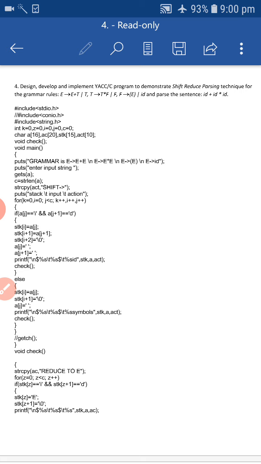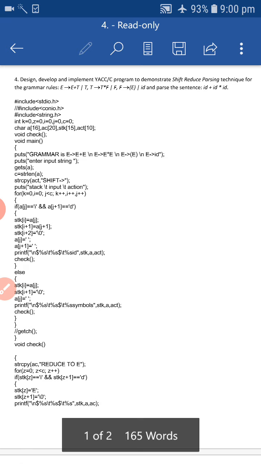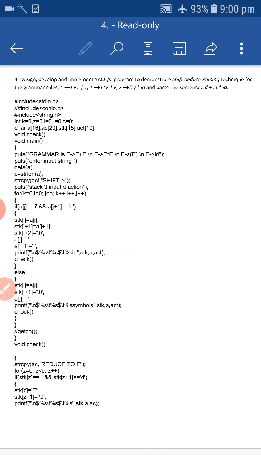The shift reduce parser attempts to construct a parse tree. This is similar to top-down parsing, which creates the parse tree. It constructs the tree from the leaves to the root, that is, bottom to top. More generally, shift reduce parsing is done with the help of LR parsing, left to right parsing.